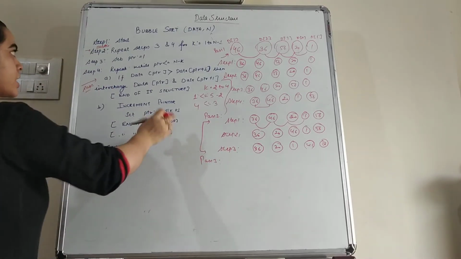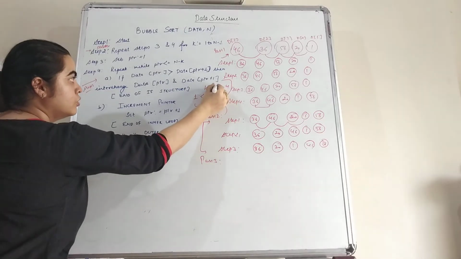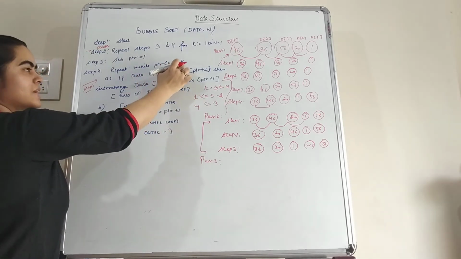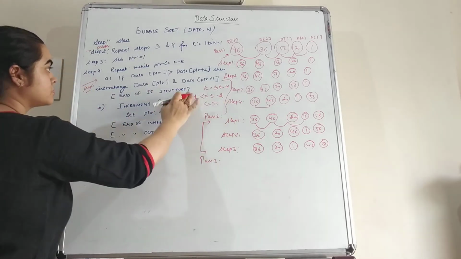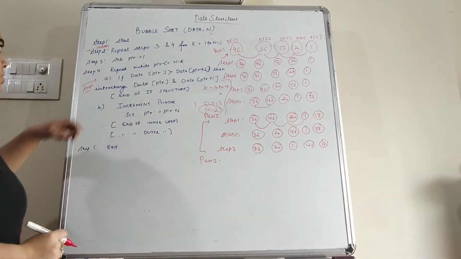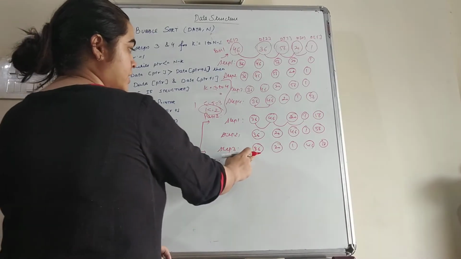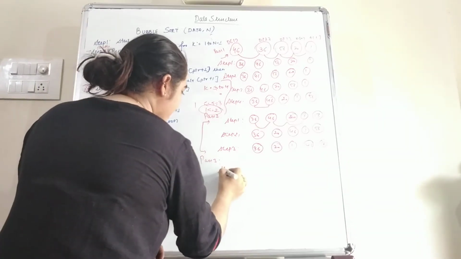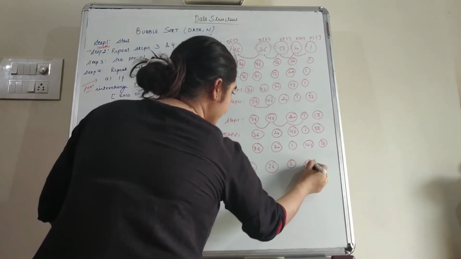In pass number 3 again we have to increment the value of the outer loop, that is k is now 3 to 4. After this pointer is set to 1 while PTR is less than equal to n minus k. So while 1 is less than equal to 2, n is 5 and k is now 3. So 1 is less than equal to 2? Yes. So again come to inner loop. If data of 1 is greater than data of 2, data of 1 is 36 and data of 2 is 21. So yes, 36 is greater than 21. So we can interchange the values in step number 5. We can write 21, 36, 46 and 56.